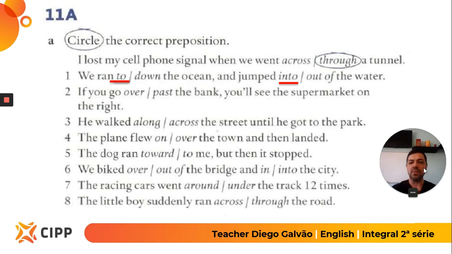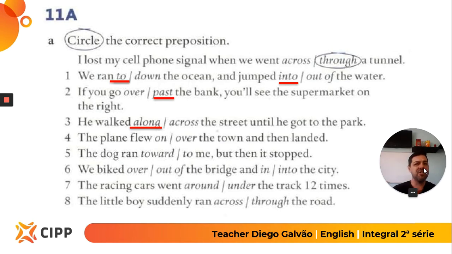Number 2, if you go to the bank, think that the bank is a place in the street and that place doesn't move. So if you go past the bank, you see the supermarket on the right. Okay? He walked the street until he got to the park. So think about the street as one only way, and you walk along the street until you get to the